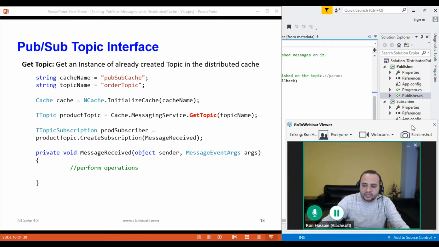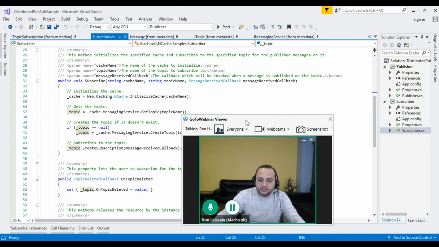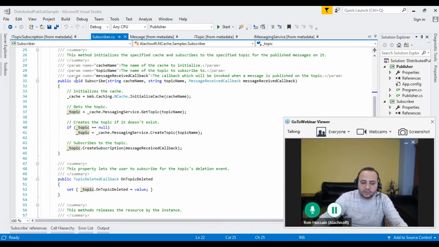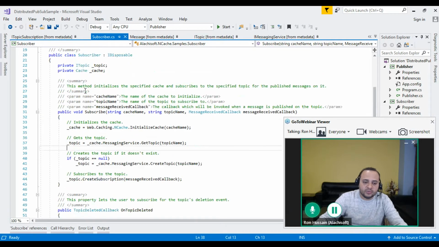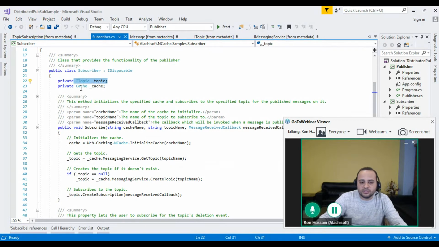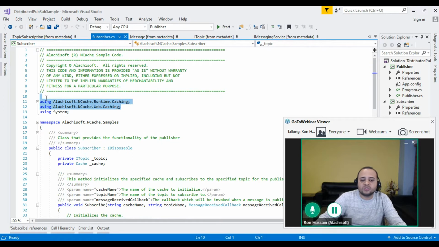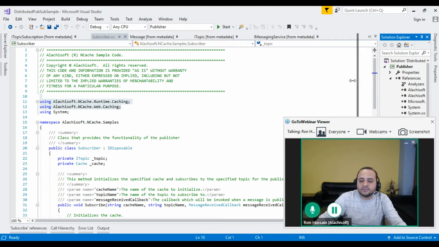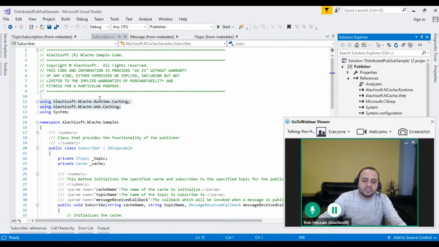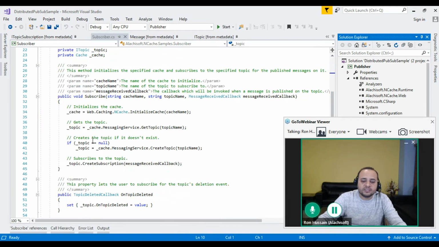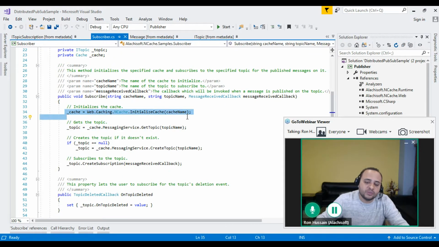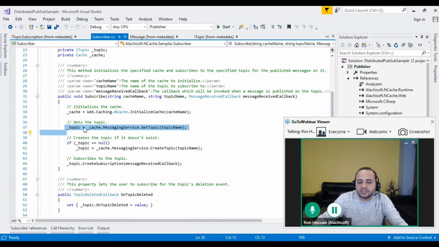So let's actually take you to one of the subscribers. Within the subscriber, you would again create an ITopic. You would create a cache handle, get connected to the cache, Alachisoft.NCache.InitializeCache, and these are the two libraries that you need at the minimum. You need references to these inside the NCache publisher and subscriber projects, and then you use these to first of all connect to the communication channel, which is the NCache PubSub model, and then you have messagingservice.get topic. It returns a topic, and then you can actually